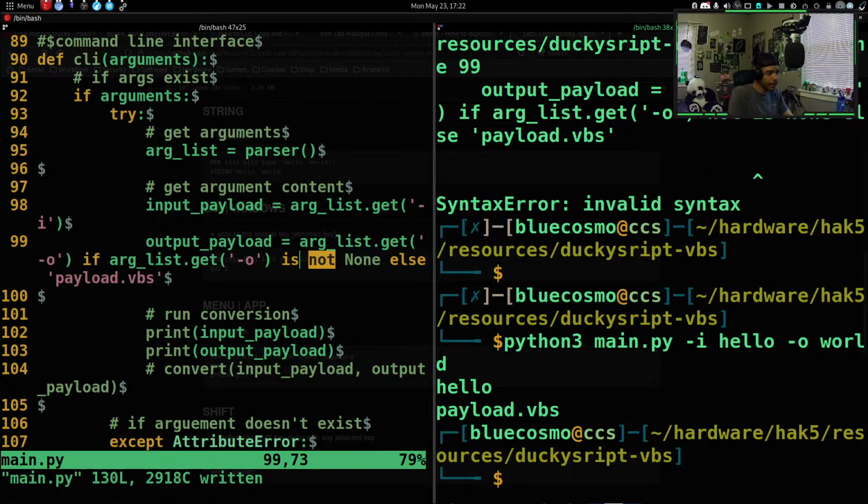Hello, and then payload.vbs. So what's wrong with the logic? So it's going to equal arglist.getTagO. What's inverted? All right, so let's say it's going to equal arglist tag O,